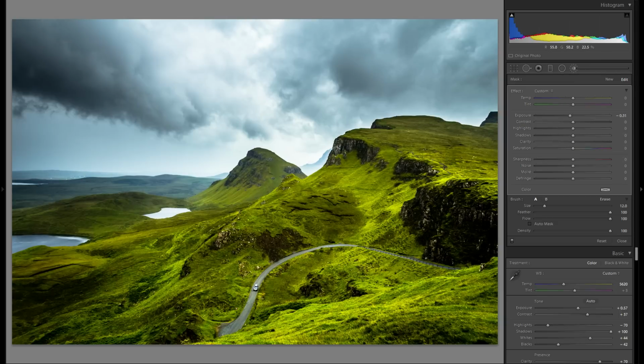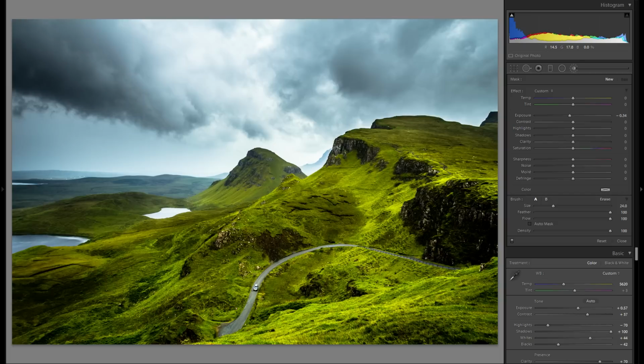Maybe paint a little bit of minus exposure over here, a bit more over there. And I think that works actually quite well. So even after dodging just for half a minute, it already has a huge difference. Here's without. Then I'm gonna make a new adjustment brush, leave the exposure at minus 30, and just paint